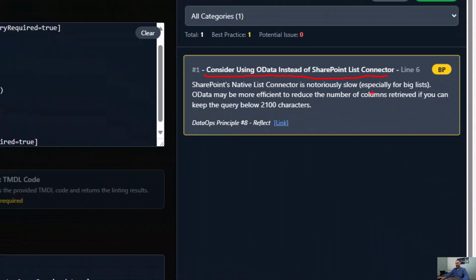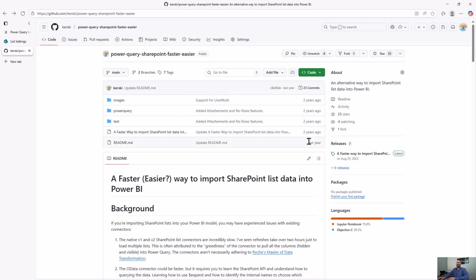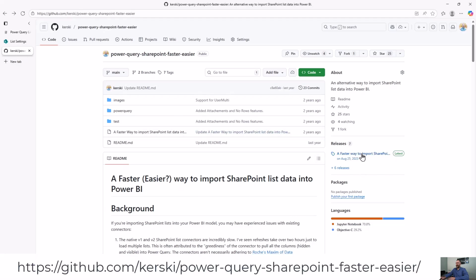The only problem with OData is understanding the SharePoint API's OData implementation. If you've ever had to work with internal names, or you've ever had to work with lookup columns, that can be problematic. So let me show you how you can switch over to OData without having to learn all the syntax. One of the things we provide is a free template called a faster, easier way to import